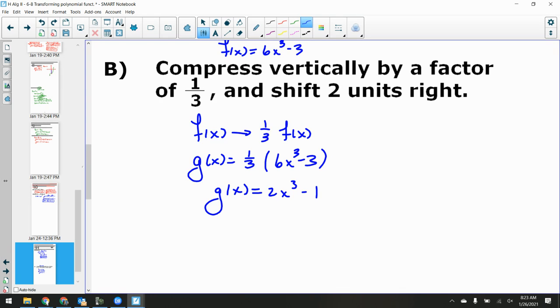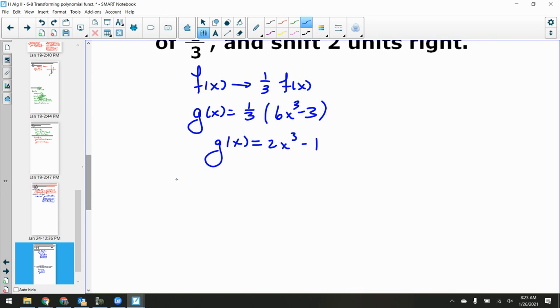Oof, 2 units right. A very small statement with big implications. 2 units right. F of x is going to map to f of x minus 2, putting in parentheses is not fun, especially when it's adding or subtracting. Because now what does that mean? That means now g of x has to look like this. 2 times